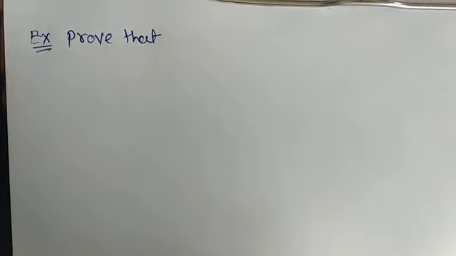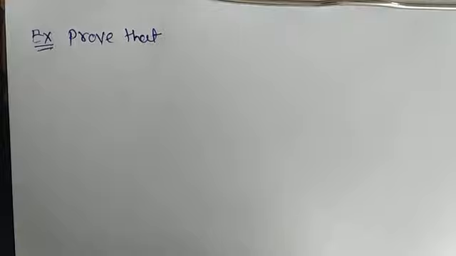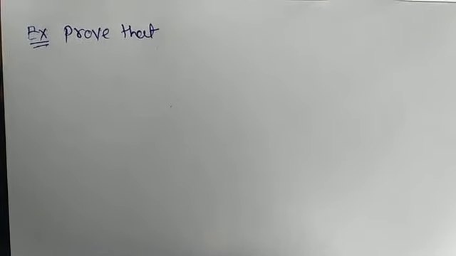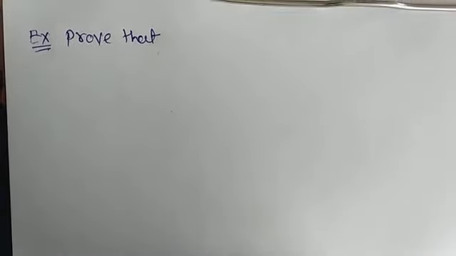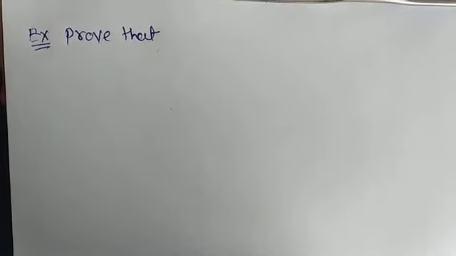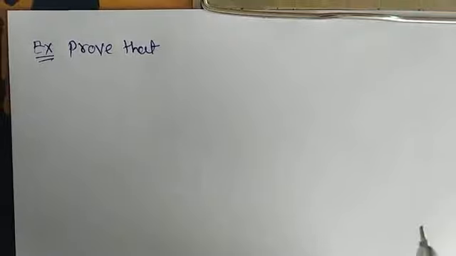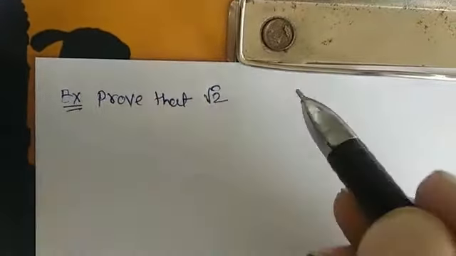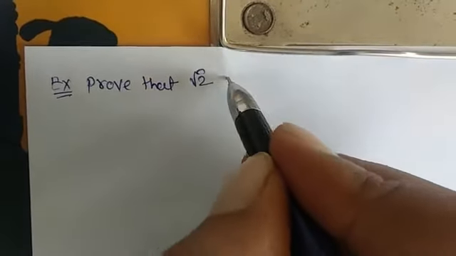Hi everybody. In the last lecture we studied the validity of an argument by using the indirect method. Now, depending on validity or the method of direct and indirect proof, we have some examples related to that part. In the first example, prove that root 2 is irrational